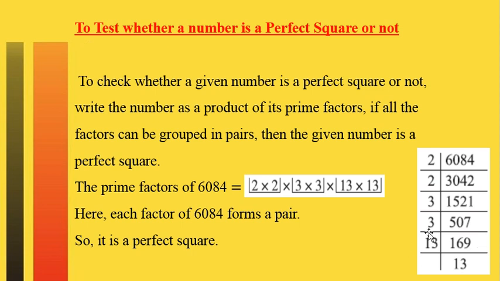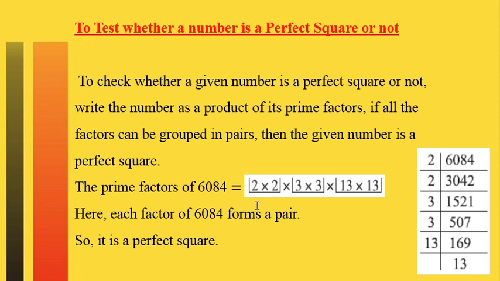Okay, now the next prime number is 5. As you are observing that the last digit is neither 0 nor 5, so it is also not divisible by 5. Now check for 7, because after 5 the next prime number is 7, and so on. We will go for 13 because it is only divisible by 13. So 13 into 13, that is 169, and again 13 ones are 13.